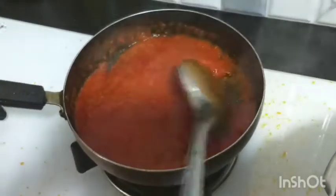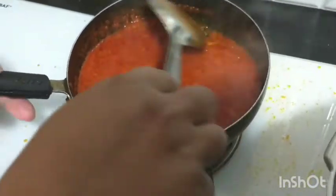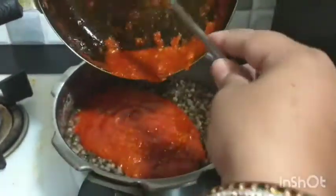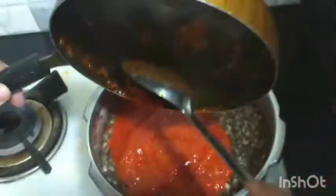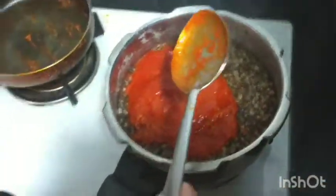And what we are going to do is, we are now going to take this and add it to our already boiled dal. We're going to